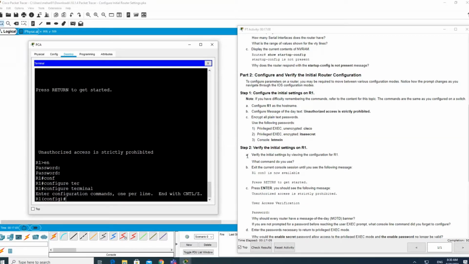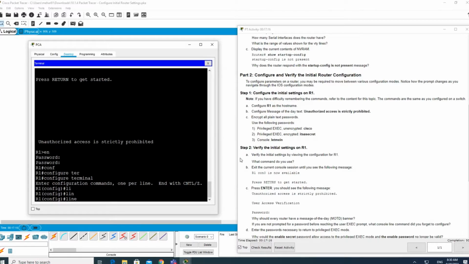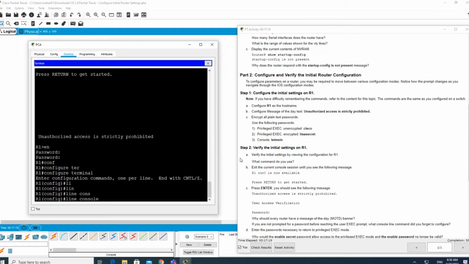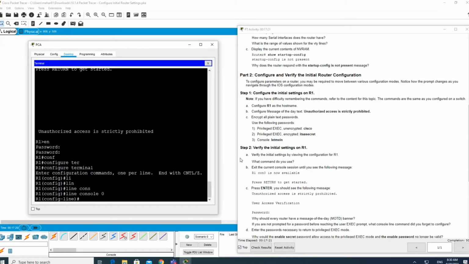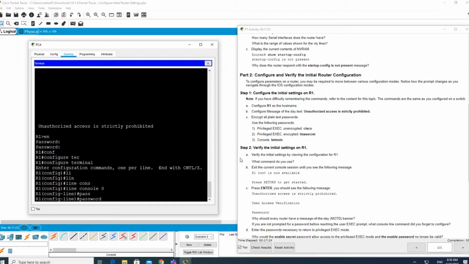Just write line console 0. Yesterday we discussed line console 0, and the password is letmein. So this is the password.